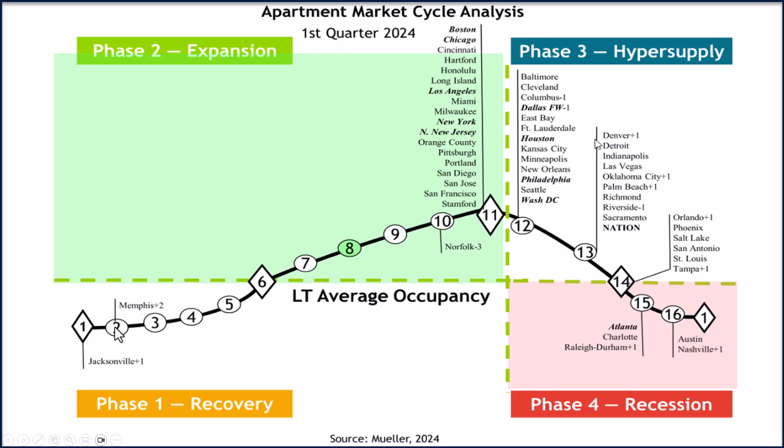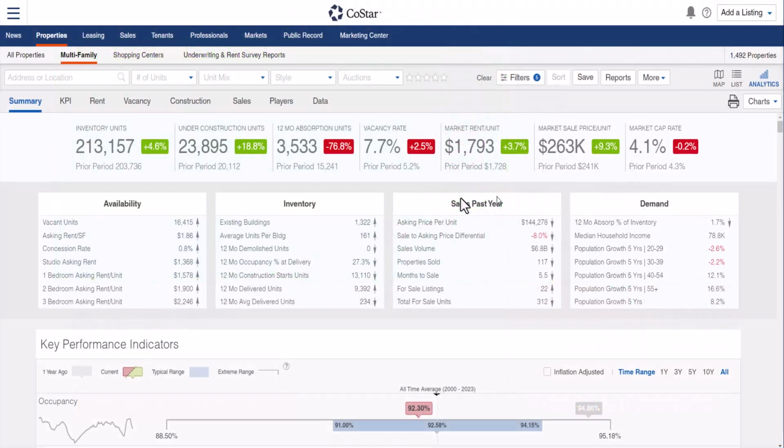And then he's got Memphis at 0.2. So again, only the top 53 markets in the country, and that's by population. That's what the top 53 means. So the top 53 markets by population is what he shows. So let's see how we can identify how to